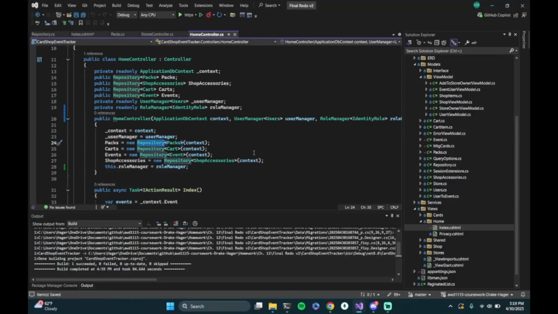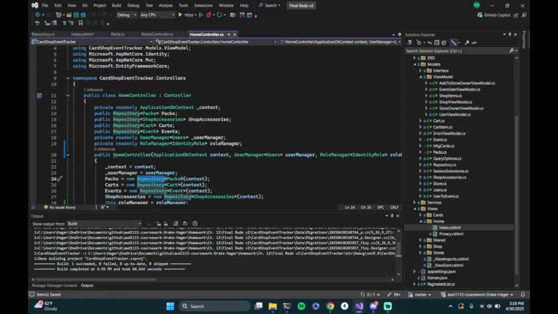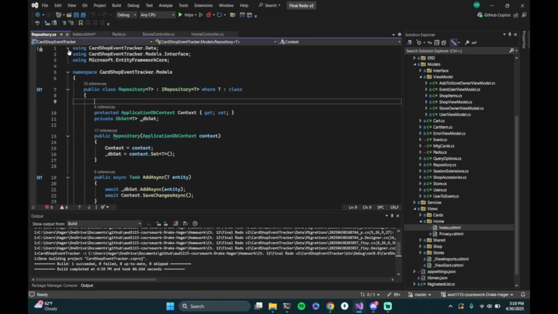Now for the code demonstration, I'm going to start off with the home controller, the controller that basically contains all of the methods for the index page of the website. Now I'm going to start off with all of these up here. This top one is the application DB context, which links it to the database. All of these are repositories, which if you come over here to the repository class, shows that it also links the context to the DB set